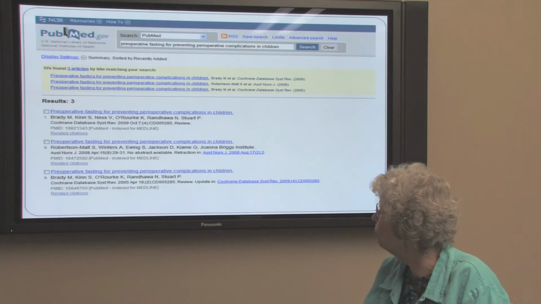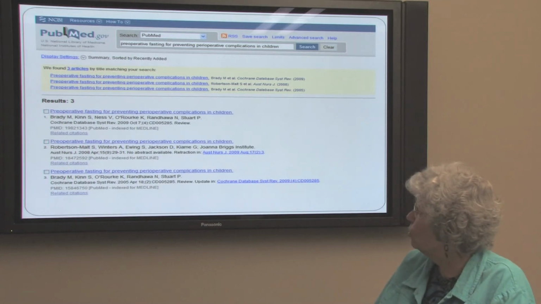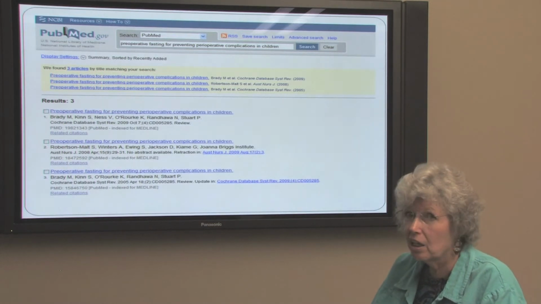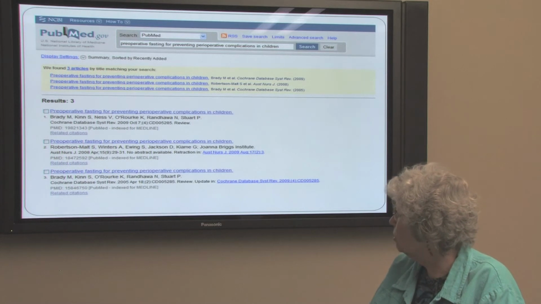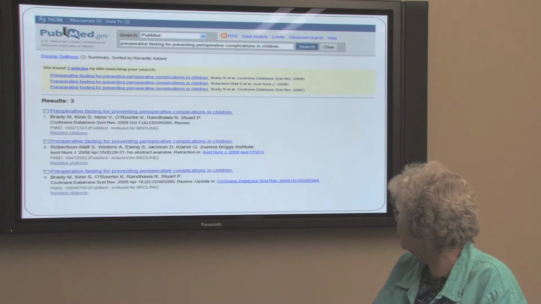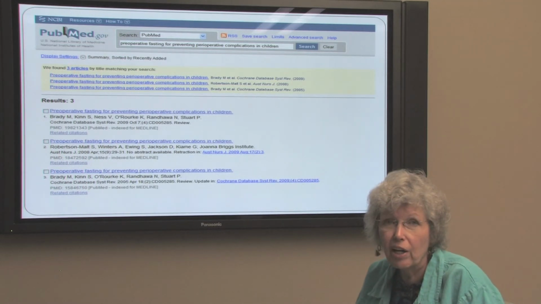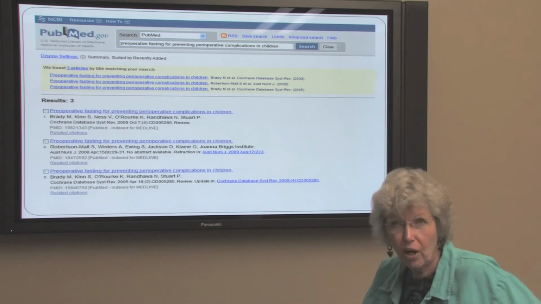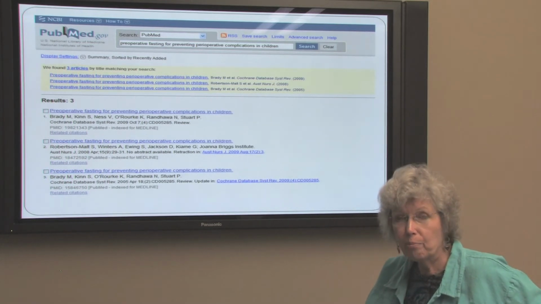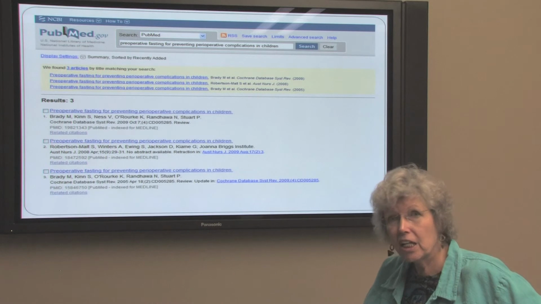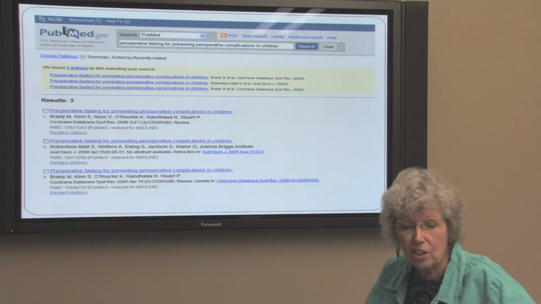So the original published work was from that middle citation in 2008, and that was published in a nursing journal. Then there was some sort of a systematic review that occurred in 2005, and then an update in 2009. So this is not my area of expertise. I don't know why these articles were retracted, but I did find that, and if you find instances like that